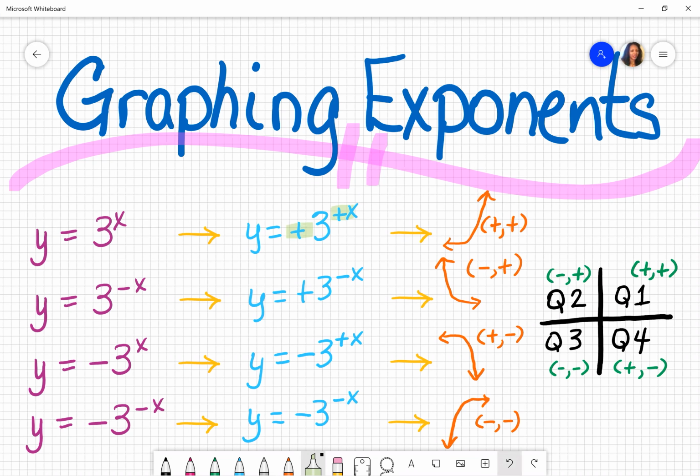Maybe you won't get too confused by it, but say for instance, you have the exponent y is equal to 3 raised to the negative x power. What you need to do is look for your exponent's sign first, because that represents your x. The sign in front of the number represents your y. On your actual coordinate plane, you should look for where your x is negative and then your y is positive,